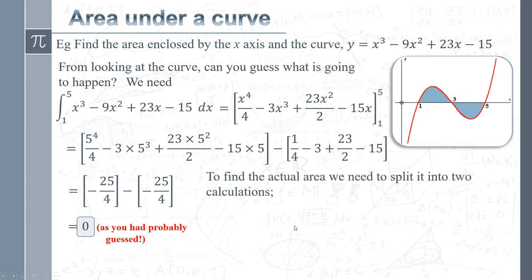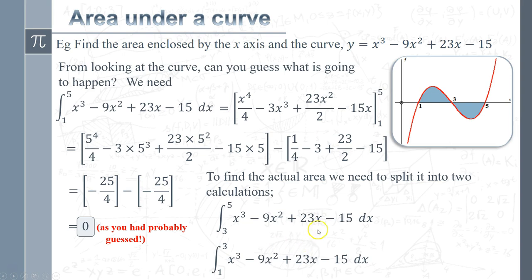So what we're going to have to do is split this calculation into 2. We're going to have to figure out what's the actual value of that bit there, which is between 5 and 3, and then also what's the value of this bit over here, which is the integral between 3 and 1. If we can work these two things out separately and then put them together at the end, then we're going to get our total blue